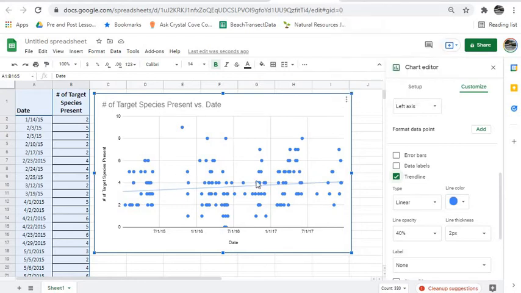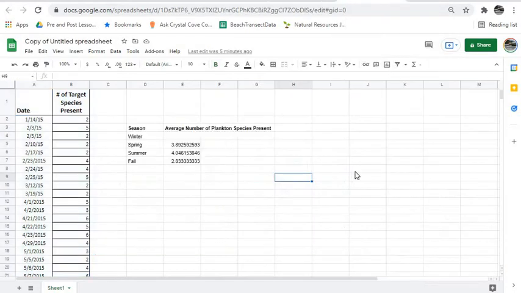But like I mentioned, you can see there's a lot of seasonal variation. So if you wanted to look into that a little bit more, we could create different kinds of graphs, perhaps a bar graph comparing seasons. So again, just with a small sample of the data, looking at the first year, we could create an average for the number of target species present in each of those seasons. So if I want to look at how many plankton species were present in the winter months, I can, over here,